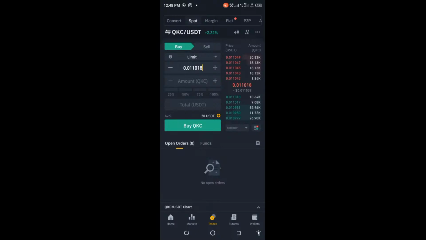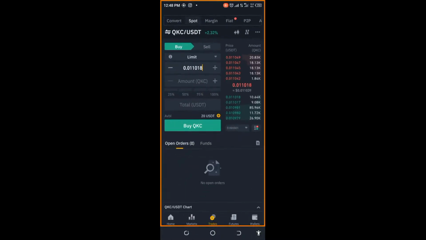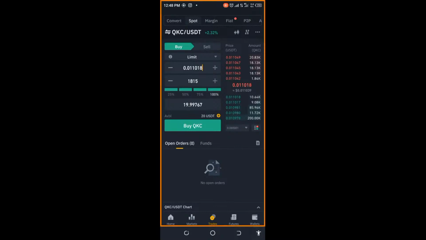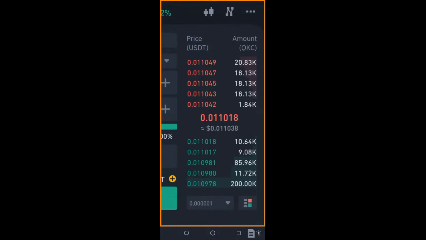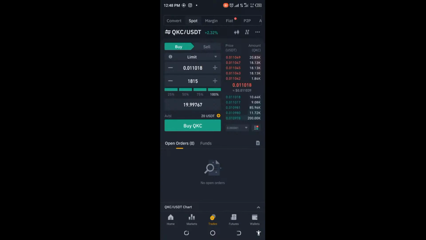Let's see. Now, before you go ahead, I want to show you something here. What we want to buy is 1,815. So now let's take a look at this. Now, if you see here, we have 1,840, which is still okay. So it's still on the amount that we want to buy. But now, because we want to get it bought immediately,